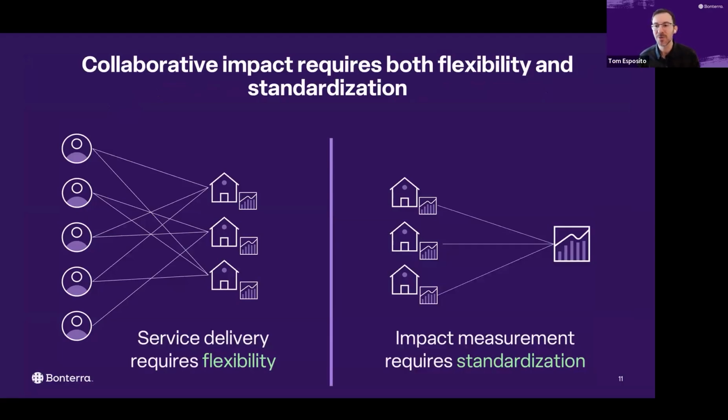We know that not only are social good organizations needing better reporting tools themselves, we are also seeing even more collaborative programs and service models. However, the challenge that we see is keeping the flexibility that the service delivery requires while making sure that impact measurement has the standardization required to tell the combined story. So making sure that you can think about your individual programs as you need while still being able to combine